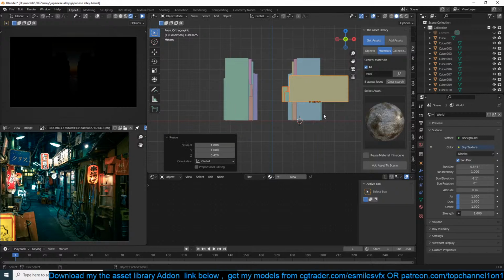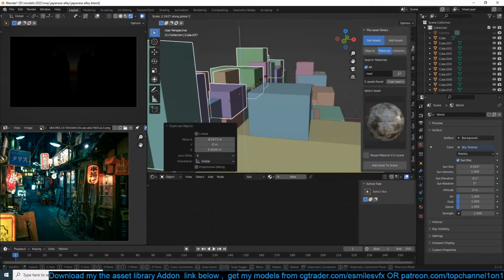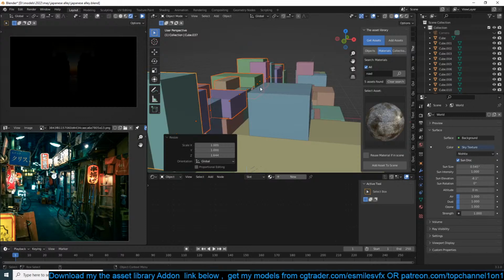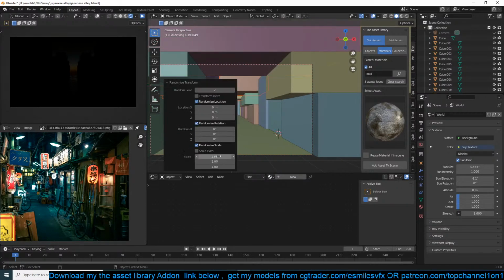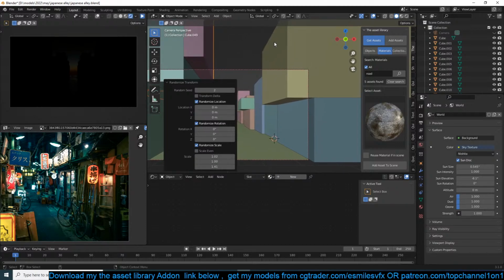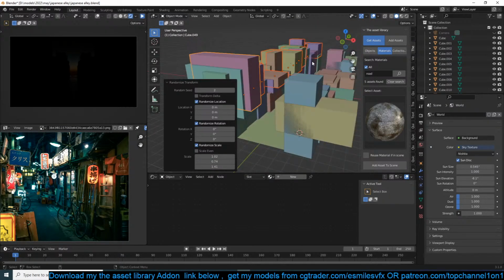Maybe I can duplicate this again. Randomize transform. Maybe randomize the X value as well.